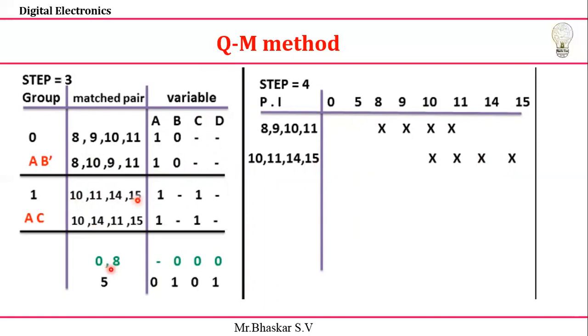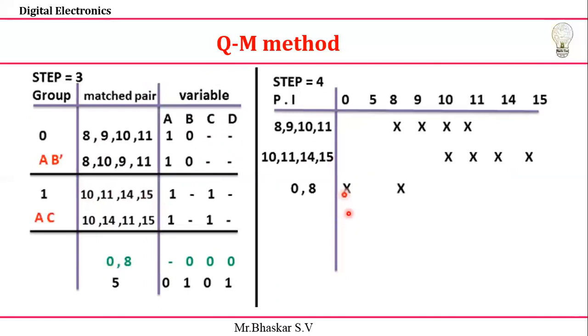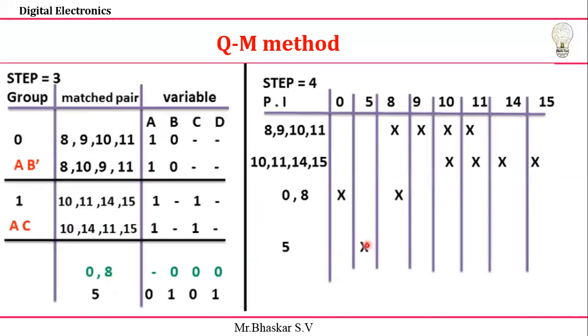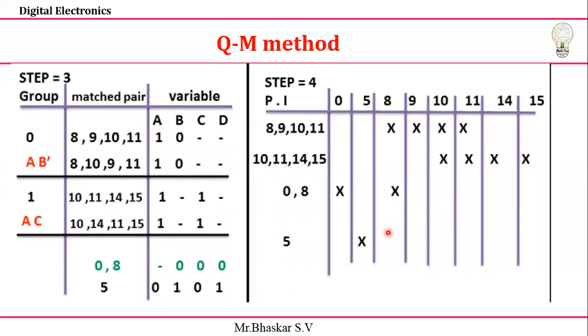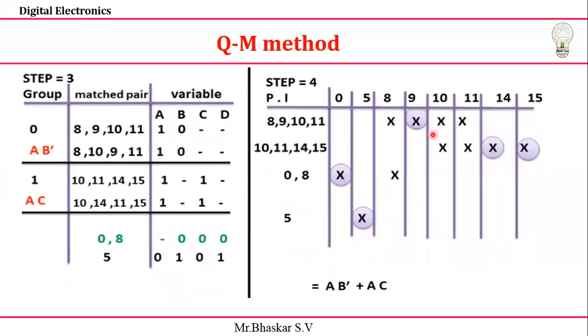Next, 0 comma 8 is already there. This is not matched with any pair, so you need to take it as it is, 0 comma 8, and make it an x. Next, 5 is also there, just take it as it is, and make it an x, and look at each column. Once you represent it, make it an x. Next task is looking for a single crossing, a single x. Wherever it is there, just cross this one. So this is crossing and this is crossing, and next this one I'm going to cross, and this one also, and this one also. Let's check it out. So these I'm crossing because they are single ones.